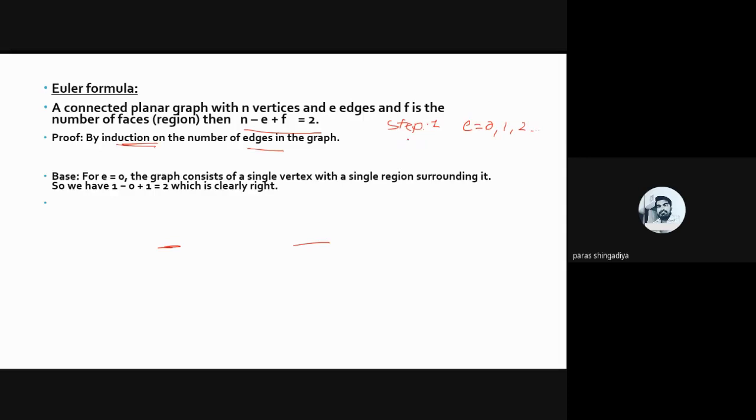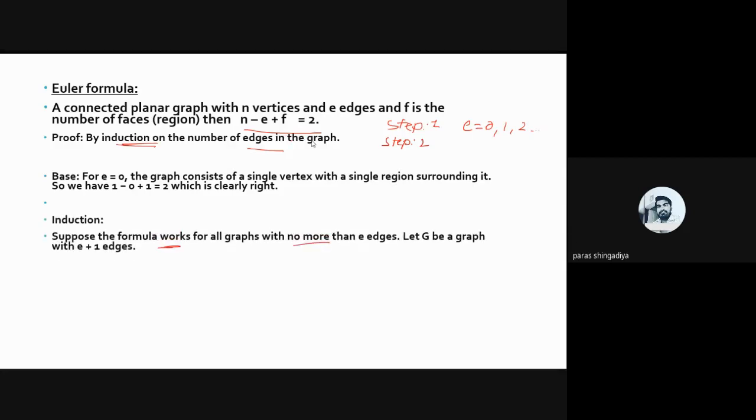And in step 2 आपको एक रिजल्ट assume करना है. कौन सा रिजल्ट assume करना है? कि this statement is valid for, this statement is verified, means this statement is satisfied for all the graphs which contain e edges, which contain the edges is equal to e, means सभी ग्राफ जिसमें e एज है उस ग्राफ के लिए फॉर्मूला